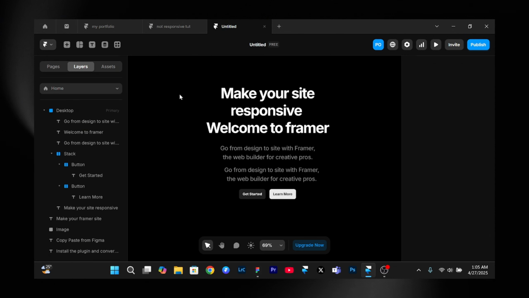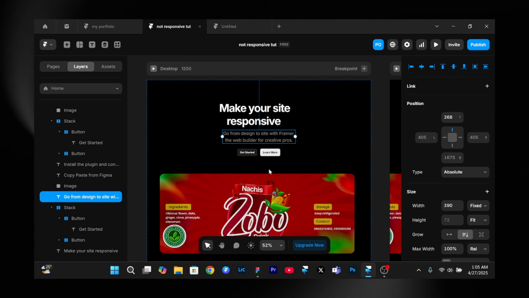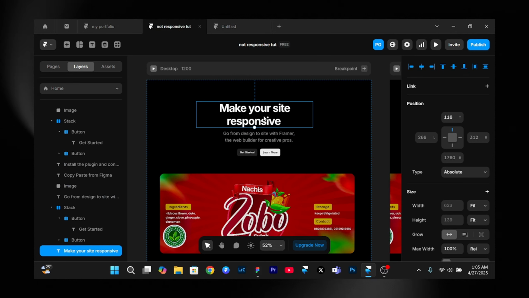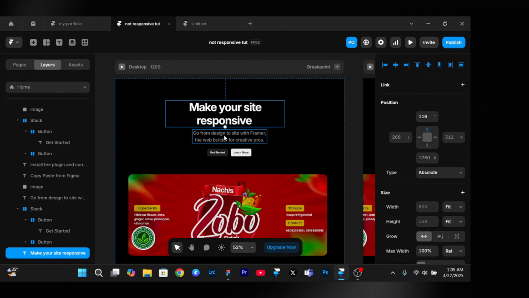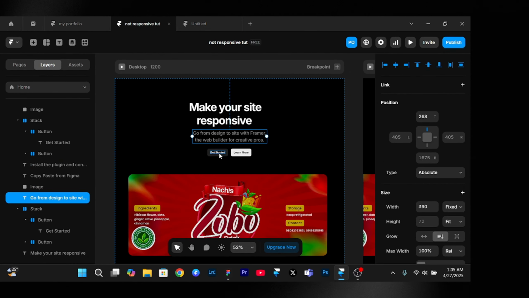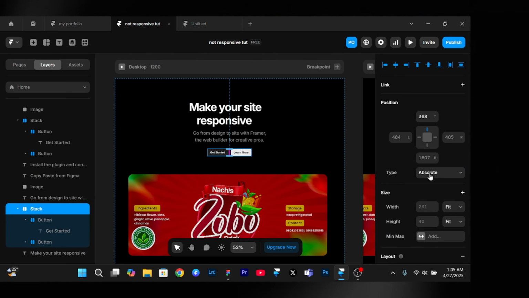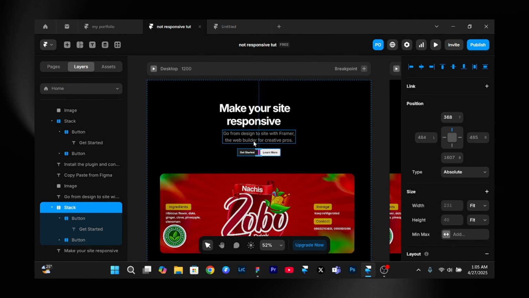Going back to that design I showed you guys that was not responsive, this is it right here. I just renamed that folder as not responsive tutorial because this design is not really responsive. So you will notice that in all the elements I used here, it was all absolute position, all absolute position, and all absolute position. So that is why we weren't able to maintain this consistent spacing system or maintain